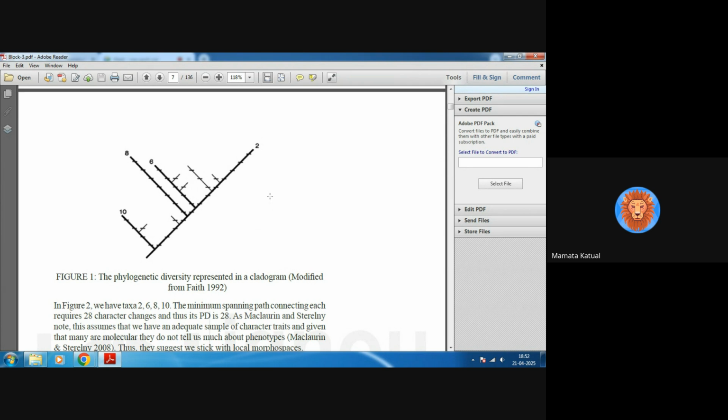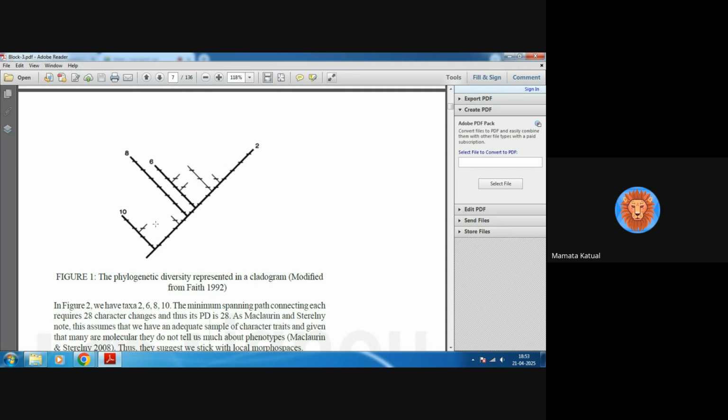So here in the diagram, you can see 4 taxa, and these are 2, 6, 8 and 10. If there are many species, and you want to study the relationship between these 4 species or 4 taxa, 2, 6, 8 and 10, then in this phylogenetic tree,